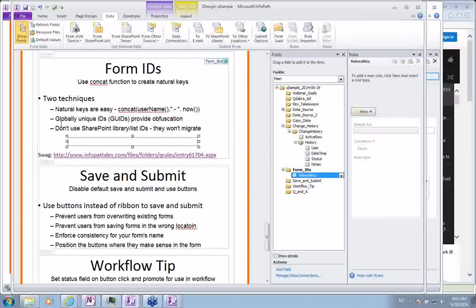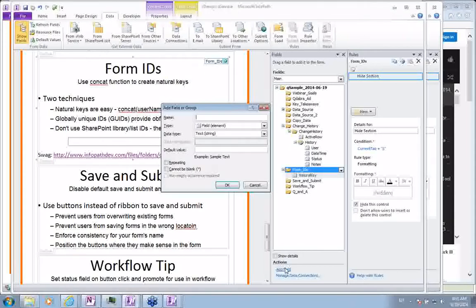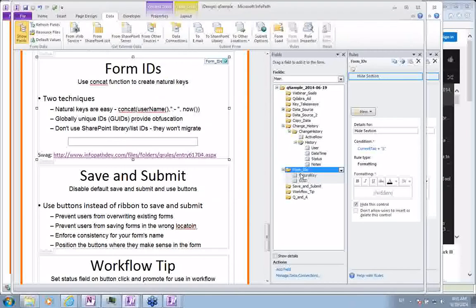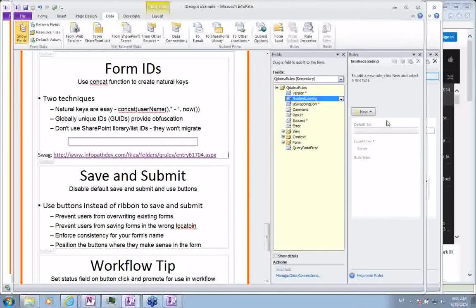which is a GUID. And the way we do that is we use Q rules to, let's just add a globally unique ID here. I'm running out of time. I'm going to speed up for a second here. I'm almost done. The globally unique ID, then, we want to set it. We want to add a, well, we can do it on load, so we can actually set it when the form loads. Assuming that the Q rules is still functioning here, we would